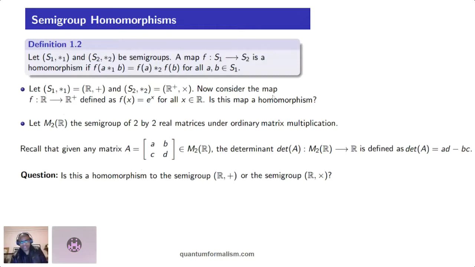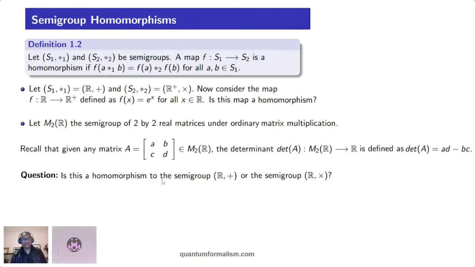So I claim that this is a homomorphism. You can also verify this later. And a second obvious example, in this case, we are sticking with the real 2x2 matrices because this is like toy stuff. So you can see now the determinant. You know what the determinant of a matrix is, defined like this. The question is